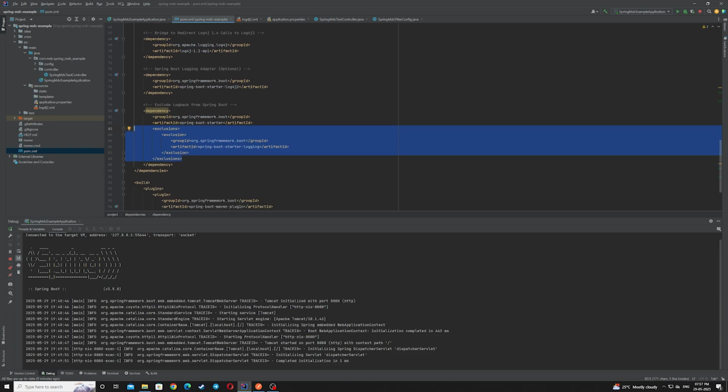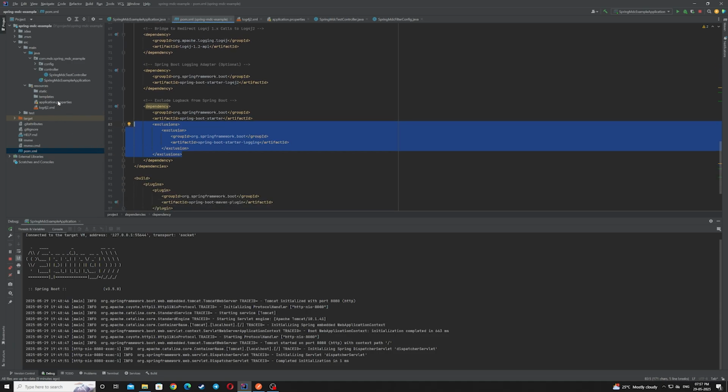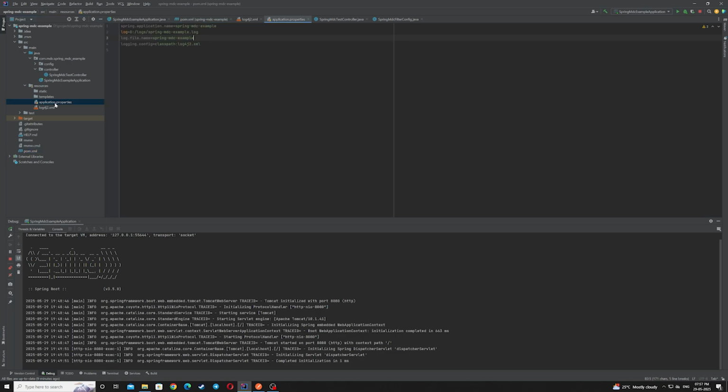Now let's see the changes in application properties, okay? Here, as usual, we have the log property to store the log. In addition to that, I have provided log file name and logging config property also to tell Spring Boot to look for log4j.xml for logging config data. Okay, now let's move on to